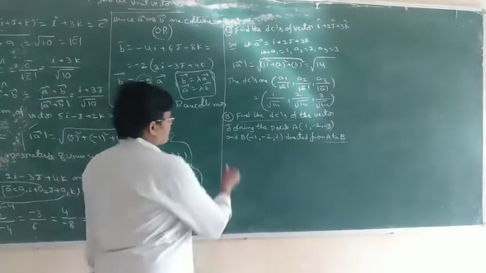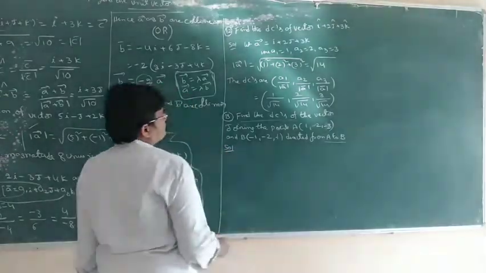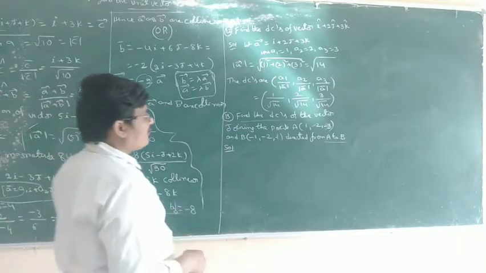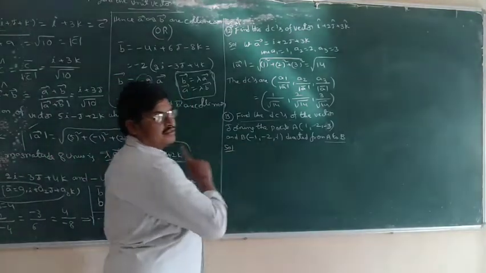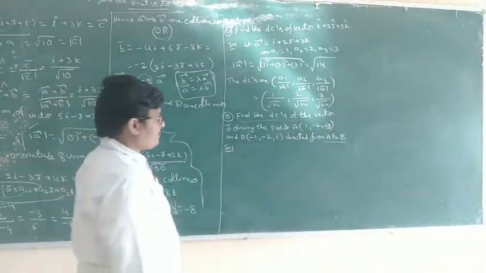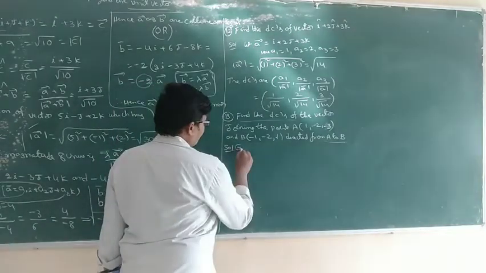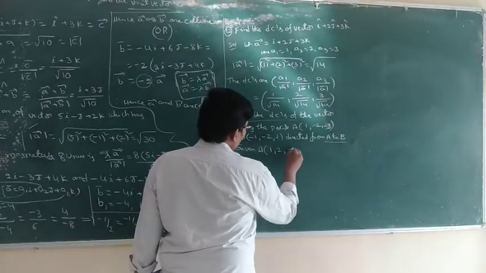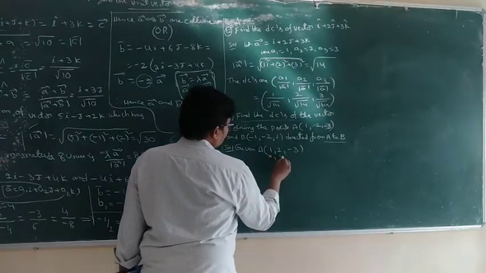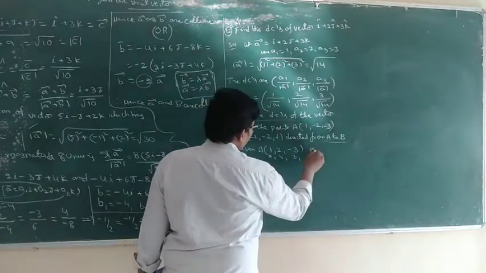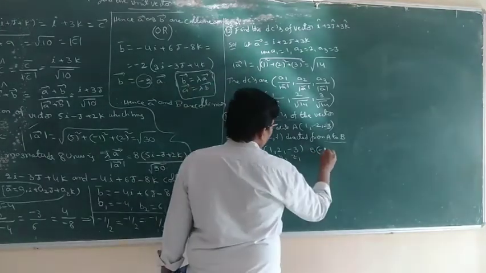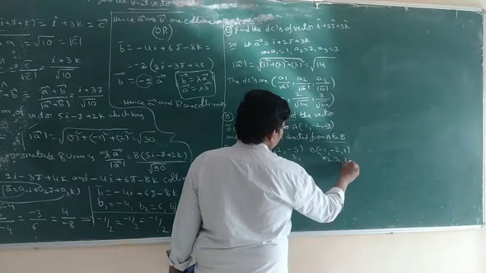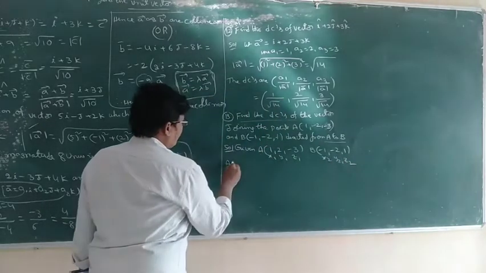AB vector direction cosines. The vector is given indirectly, so first we have to find the vector, and after that the direction cosines. Given A (1, 2, -3) as x1, y1, z1 and B (-1, -2, 1) as x2, y2, z2. So AB bar